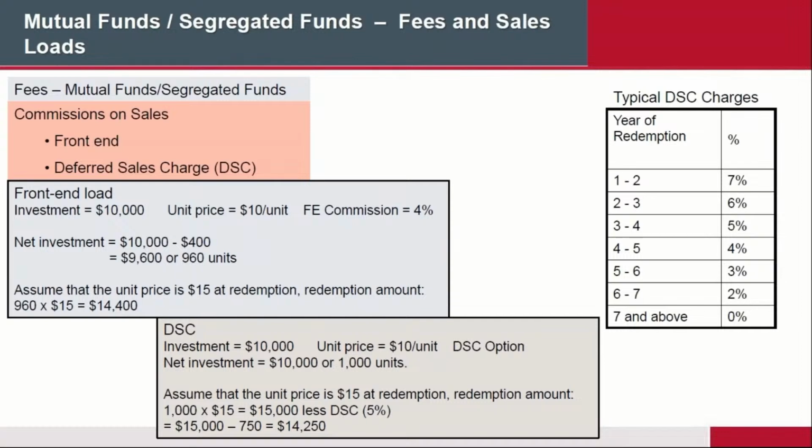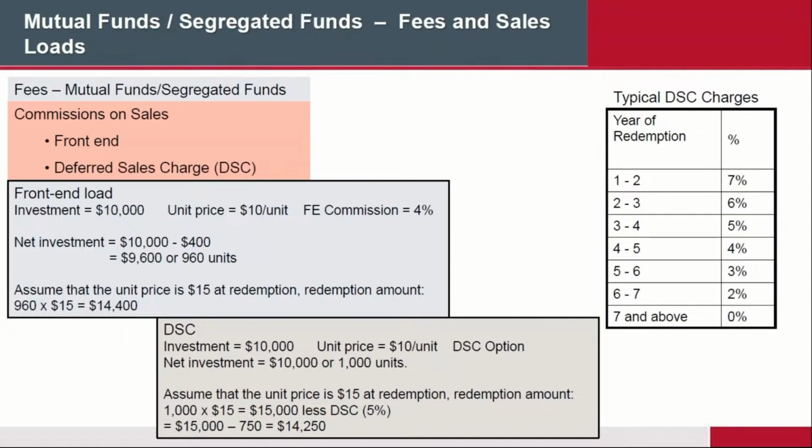So if you came to us in the 7th year, there will be no sales charge, in other words, we're completely paid for. But if you came to us between the 2nd and 3rd year, I may charge you 5%, or I may charge you 6%, that kind of thing. So you've got two ways. You can either pay all your fees up front, and therefore you don't have to worry about any future fees, or you can say, no, I want all my money invested right up front, and I'll take my chances, and I may or may not need the money at the other end. But be aware that if you do take out money before the maturity date, there could be a charge.